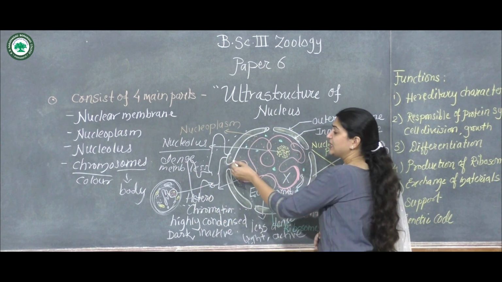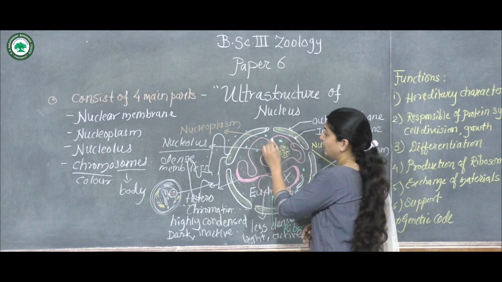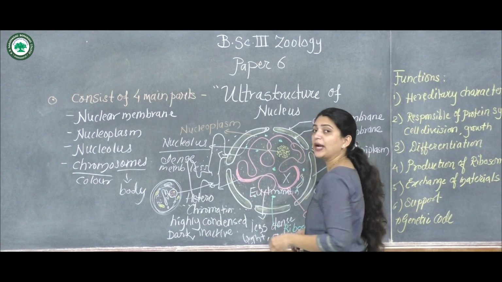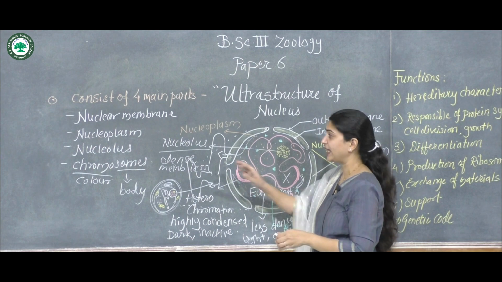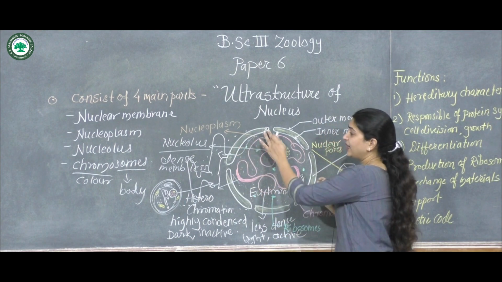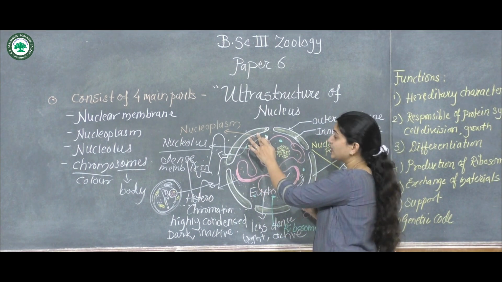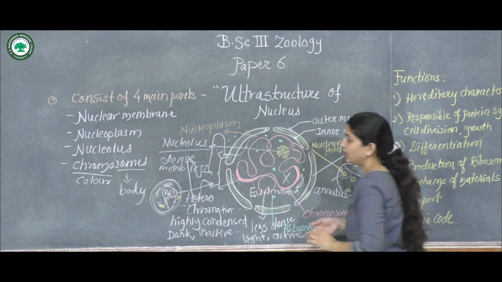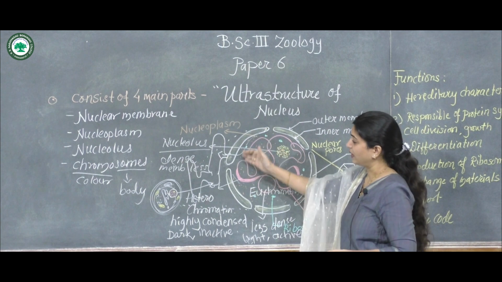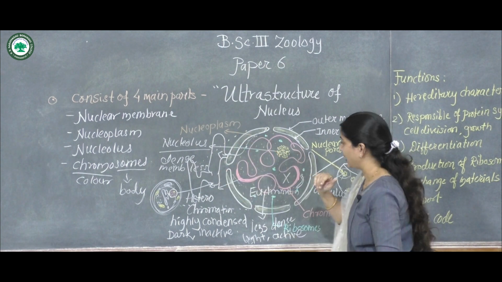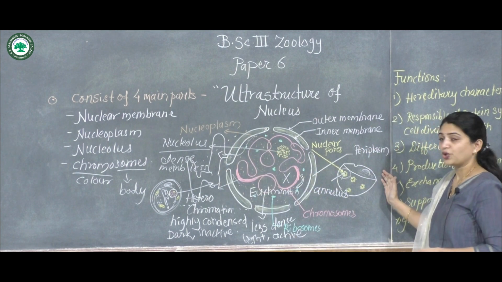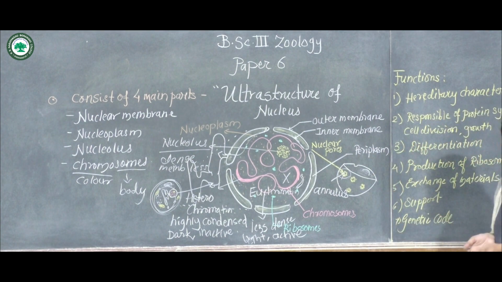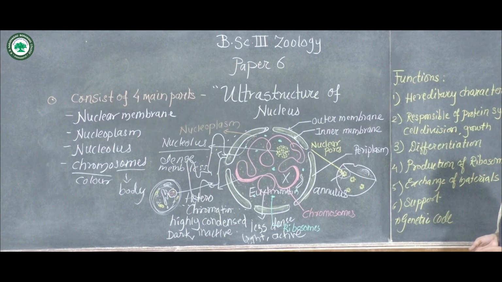where immediately after the production of ribosomes, they are sent to the endoplasmic reticulum. Also, the double membrane of this nucleus can be connected with the Golgi apparatus as well. So this also forms a connection with the endoplasmic reticulum and other organelles. Okay, so I hope this ultrastructure is clear to you. Now let's move on to the function of the nucleus.